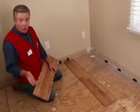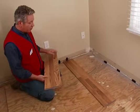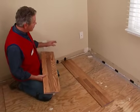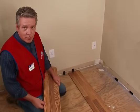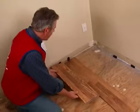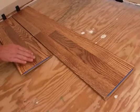When the boards in row 1 have been prepped, it's time to start assembling the flooring. Begin piecing together the first few rows about 2 feet away from the starting wall. Our flooring assembles from the left to the right. Now, there are several methods for installing laminate flooring, so be sure to check your manufacturer's instructions. We're staggering our joints at least 12 inches, so we cut the first plank of row 2 to 32 inches